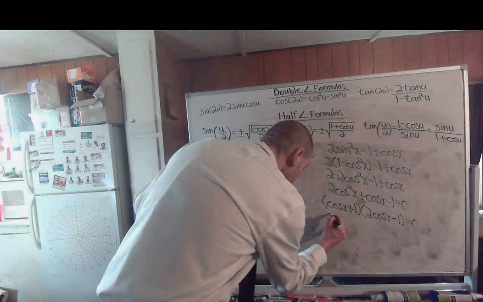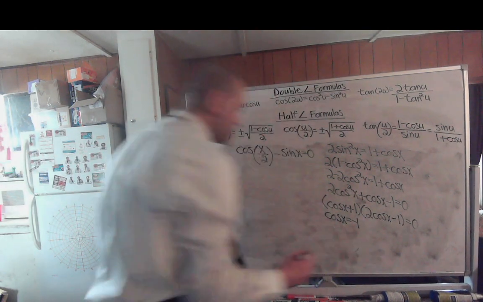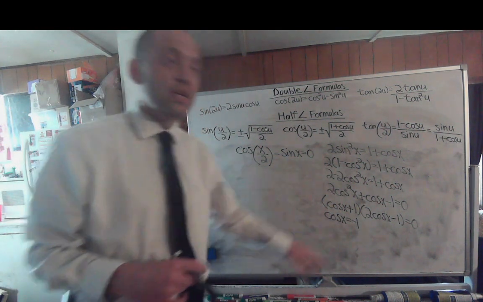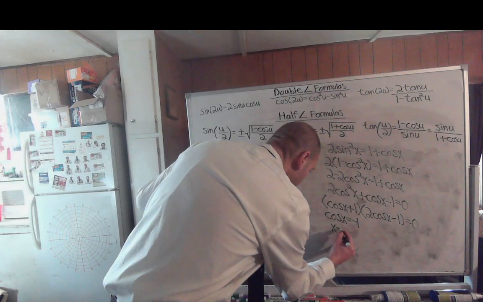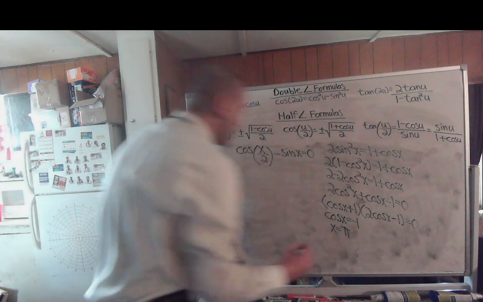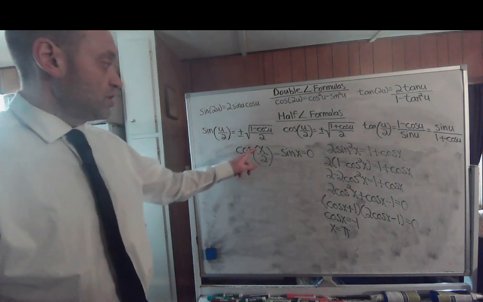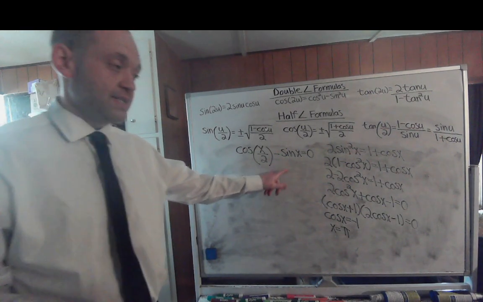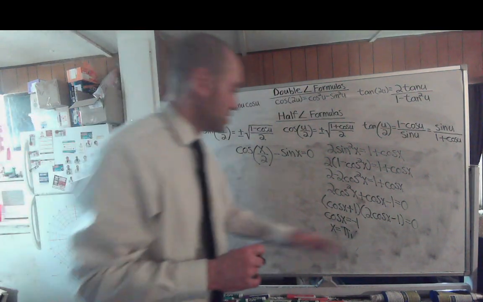Alright, so if you set the cosine of x plus 1 equal to 0, you get cosine of x equals negative 1. Where in the interval from 0 to 2 pi do you get a cosine of negative 1? You get it when x equals pi, right? So x would equal pi. And let's test it right now. So the cosine of pi over 2 is definitely 0, minus the sine of pi is 0. So 0 minus 0 is 0. We know pi is going to work as a solution,